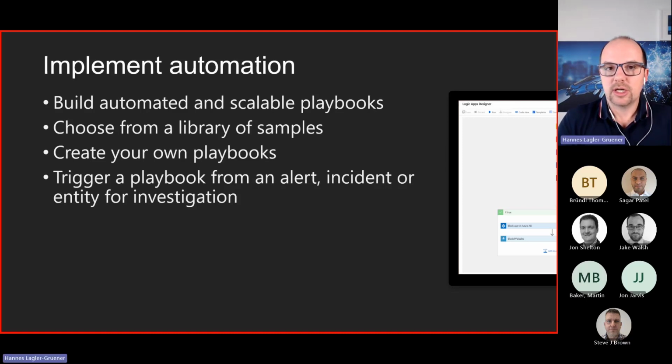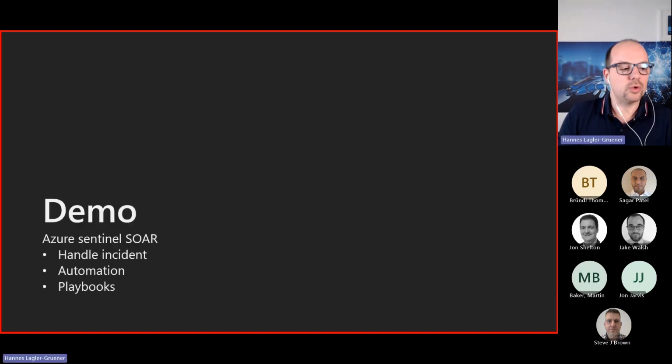Playbooks are always logic apps, so you're using logic apps with a specified trigger for Microsoft Sentinel. And here you have 3 different trigger types. You have an alert-based trigger. This is deprecated, so I don't use the alert-based trigger. Always use the incident-based trigger, or you can also implement an entity-based trigger for your automation. And exactly this I want to show you. I want to give you an overview about how we can automate, how we can handle incidents and also visualize